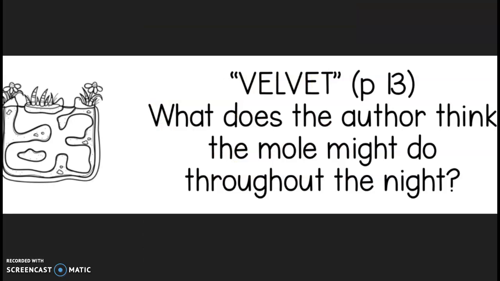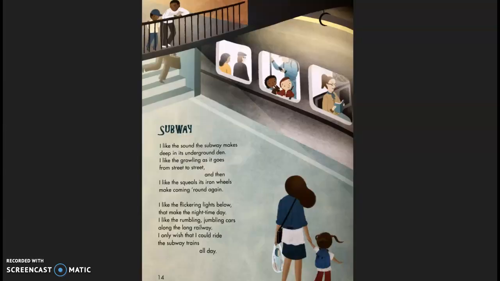Okay, my last poem that we're going to read from this book today. This is a very different thing that happens underground, and this poem is called Subway. Have you ridden on the subway before? You might have been on the MARTA train in Atlanta, that's a subway, or maybe even in a bigger city like in New York City or some other city somewhere else that you might have ridden on the subway. So if you have ridden the subway before, you might make a connection with this poem.